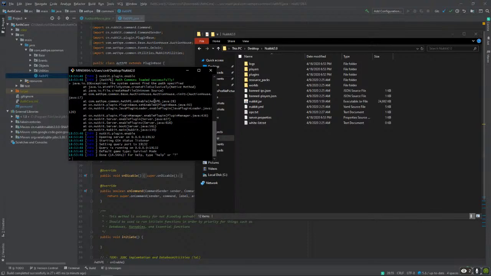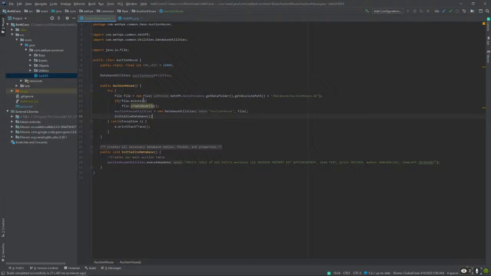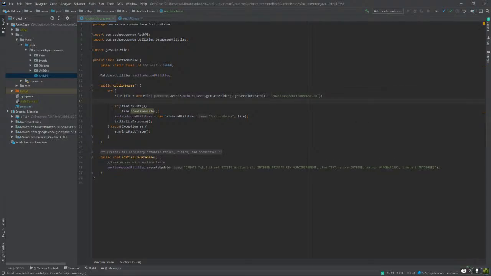Okay, so that is the first error. Cannot find the path specified. So what I believe we're going to need to do is create the /database.